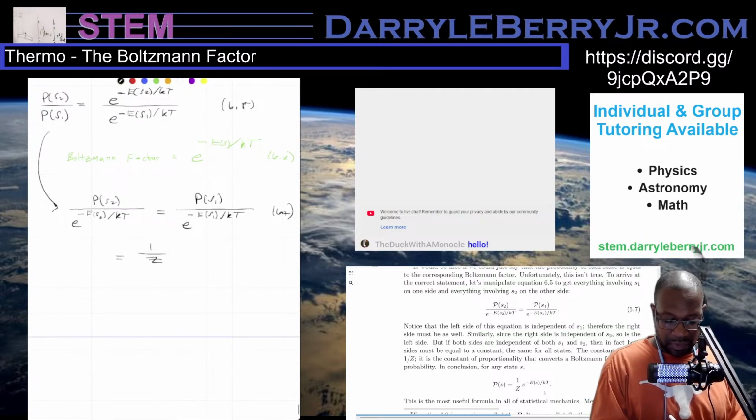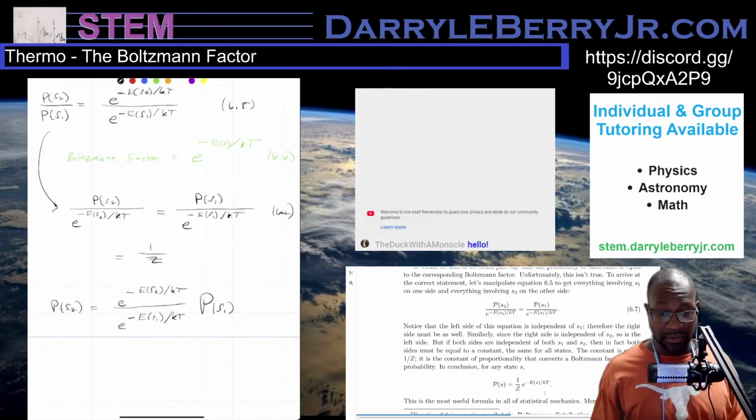So what this means, if I want the probability, let's say, of S2, that will be e to the negative ES2 over KT divided by e to the negative ES1 divided by KT, all times the probability of S1,